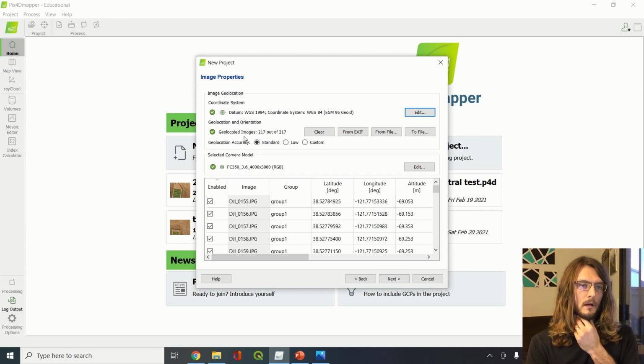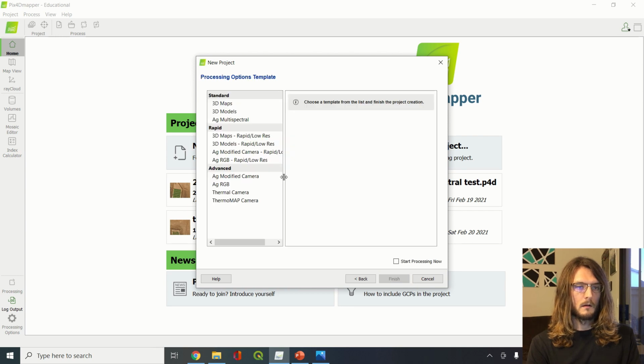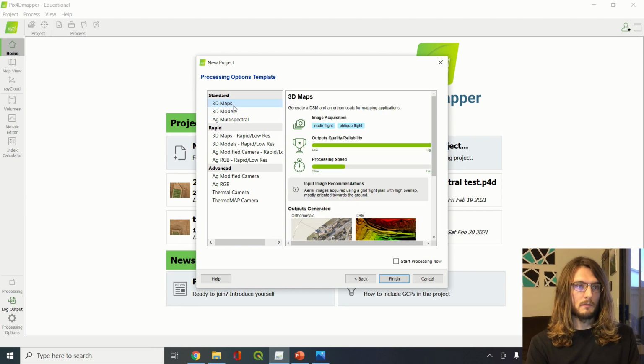And then I can see here that our images have good geographic information associated with them. That's captured automatically by the camera. You go Next, yes, okay, the coordinate system looks good. It's all good to me. And then we have a few options, so these processing option templates, and I'm almost always using 3D maps. You can see that it allows images that are taken straight down, which we call nadir, or obliques, which are from the side at some angle,